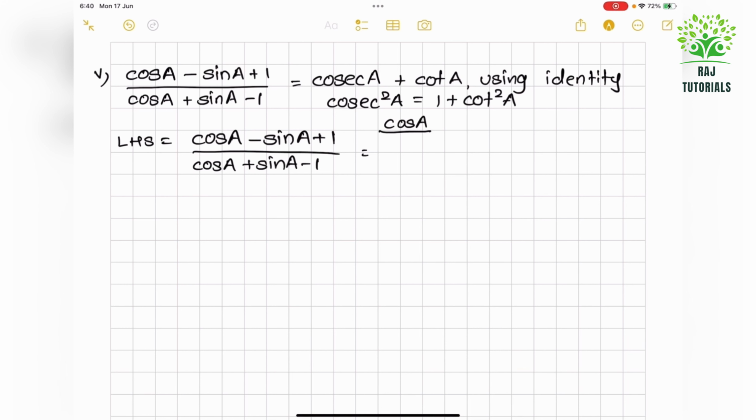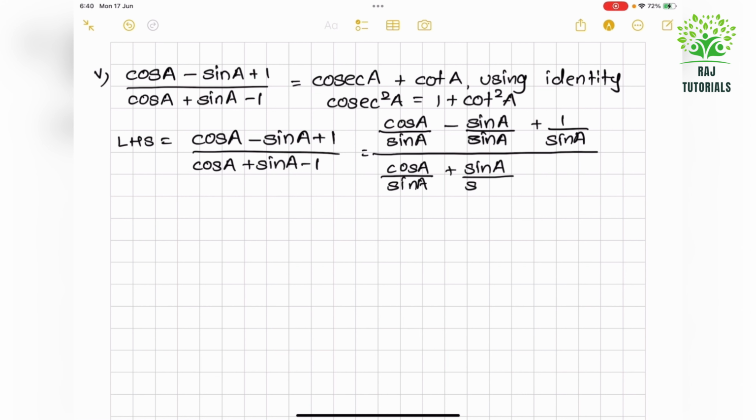Now I am dividing the numerator by sin A and the denominator also by sin A. So I will get cos A upon sin A minus sin A upon sin A plus 1 upon sin A, whole upon cos A upon sin A plus sin A upon sin A minus 1 upon sin A. So cos upon sin means cot A, minus sin upon sin means minus 1, plus 1 upon sin will be cosec